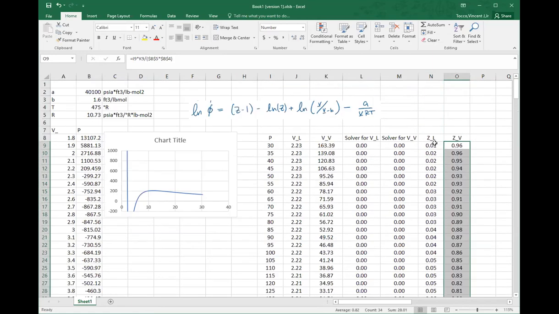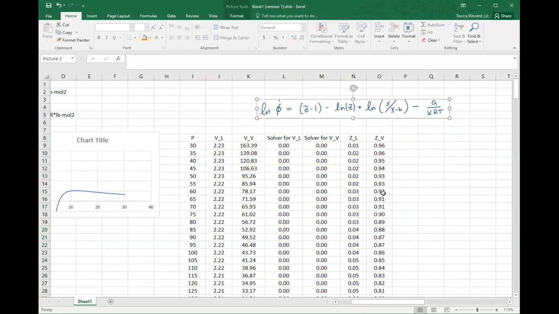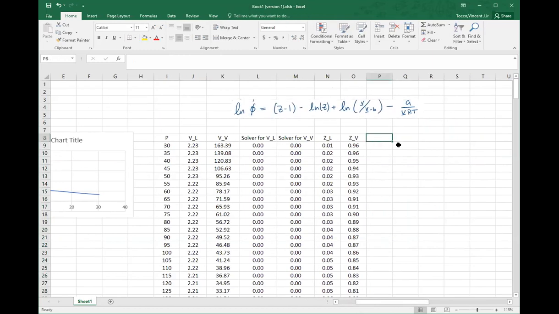All right, so Z should be 1 for ideal conditions, which is low pressure for the vapor. Now that I have Z, let's see, what else do I need in this equation? That's it. That's all I need. So now I can calculate the fugacities of both phases. I'm going to try and do this in one shot. I don't want to have too many columns because then things get hard to keep track of as well. So this column is going to be fugacity of the liquid phase. This column will be fugacity of the vapor phase. So solving this, remember phi is fugacity over pressure. So it is going to be P times